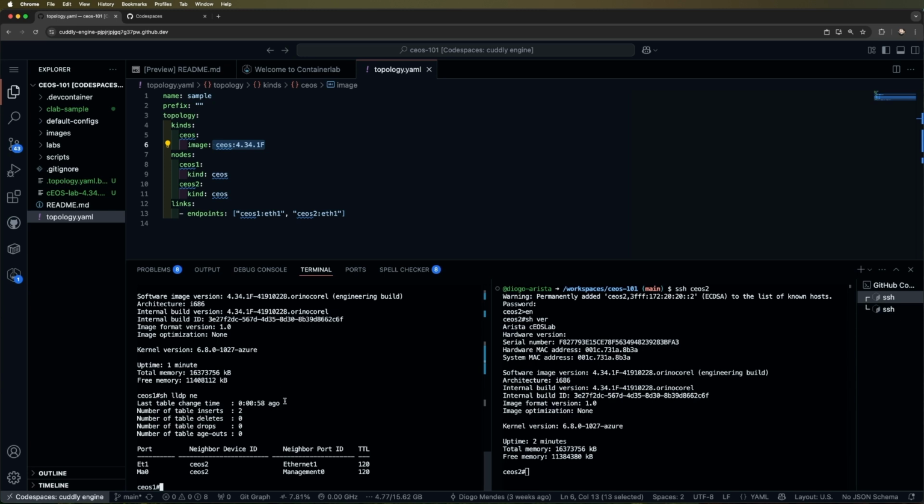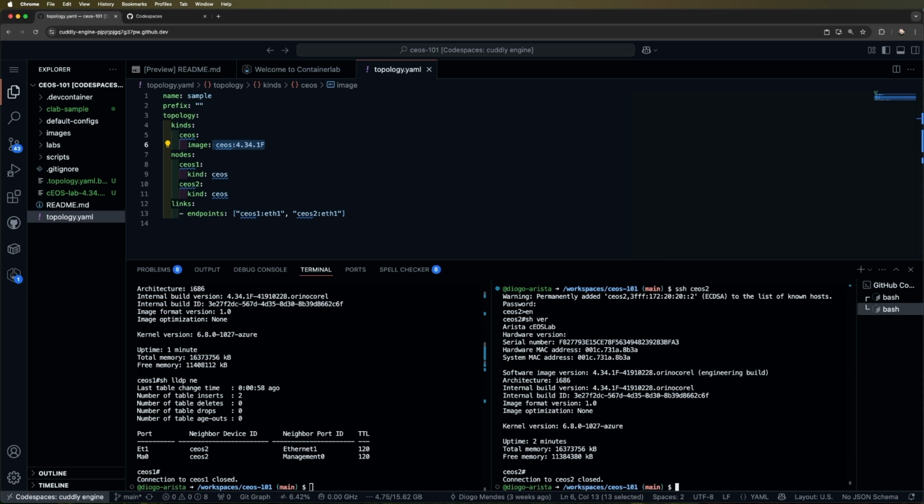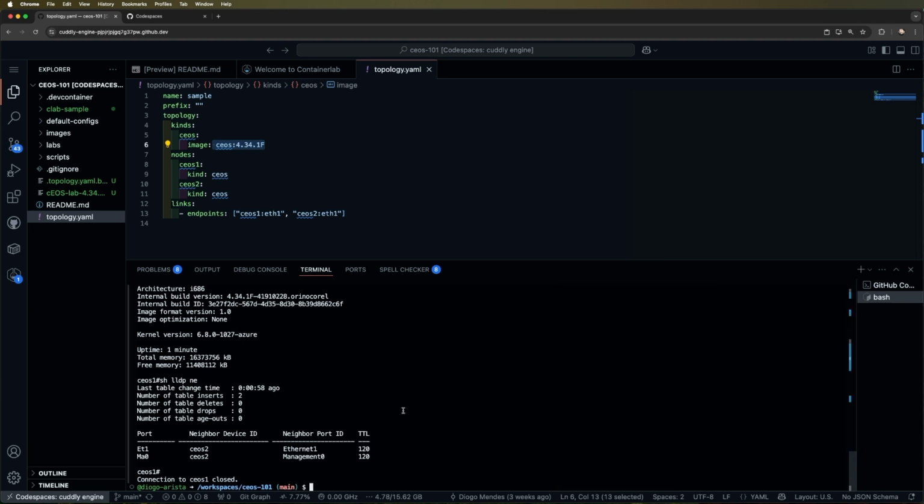So I already have a video showing a little bit more on how you can configure things very quickly and do some basic testing. I'll have the link available for you guys to have a look. But yeah, everything is completely the same as having this in your own machine, but with the advantage of not having to install anything. You don't need to worry about anything at all. You don't even need to have a Linux virtual machine or a Linux server, whatever. You can just run this automatically from this virtual cloud environment, and having all your lab files or lab configurations